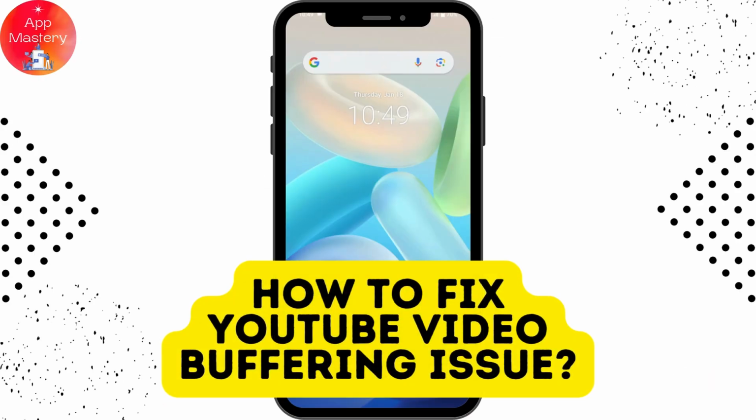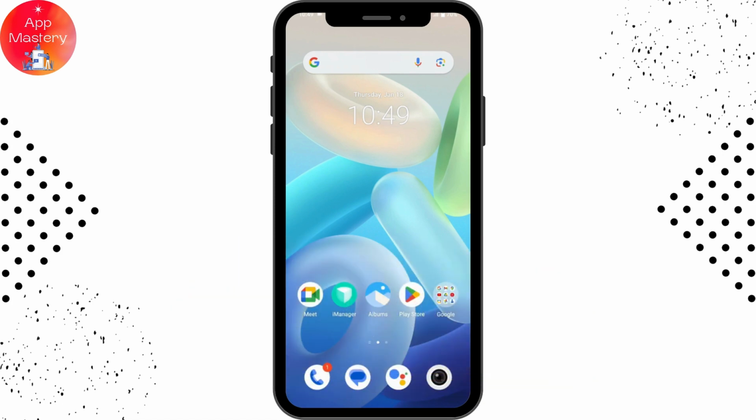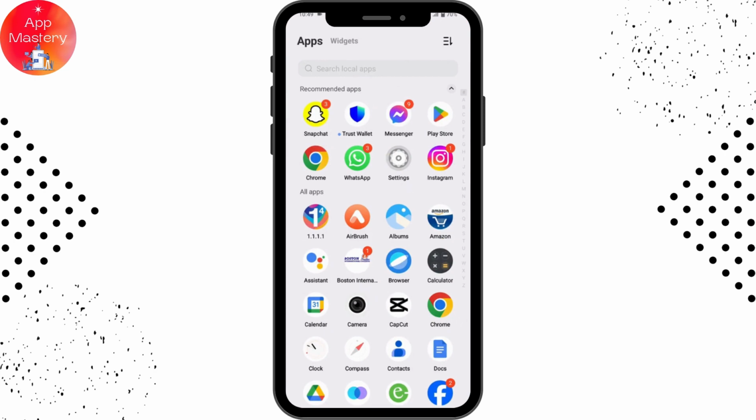How to fix YouTube video buffering issue. So if you're facing a problem with YouTube buffering, then first of all, you need to check your internet connection. If you don't have a stable internet connection, then you might start to buffer. But if it's not the internet connection, then you can open up your settings,